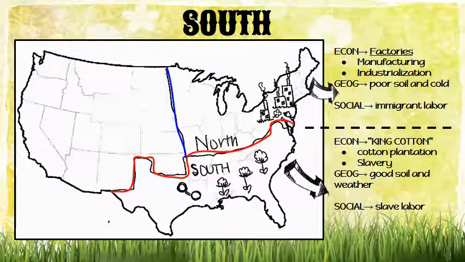Remember, textiles is a fancy word for clothes or cloth. You make curtains with it, you make sheets, whatever. So if you think about that, if you take away the slaves in the South, everybody's economy is going to crash, because the South's economy relied on slavery to get the cotton, and the North relied on the South to give them cotton. And if you can't pick the cotton, you can't send the North the cotton.